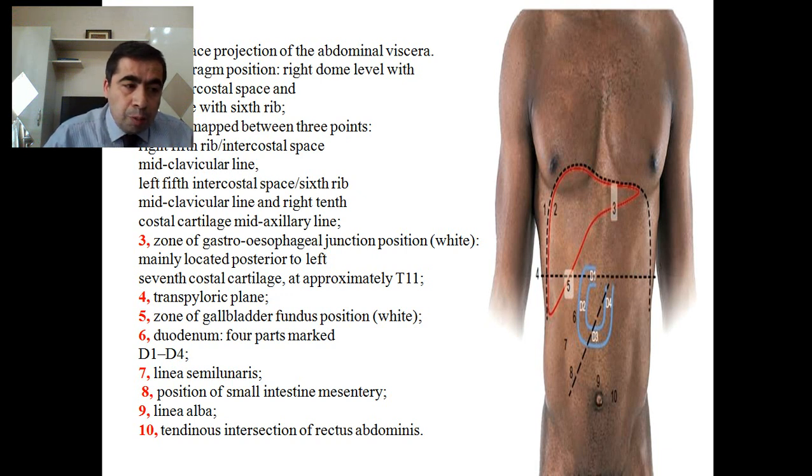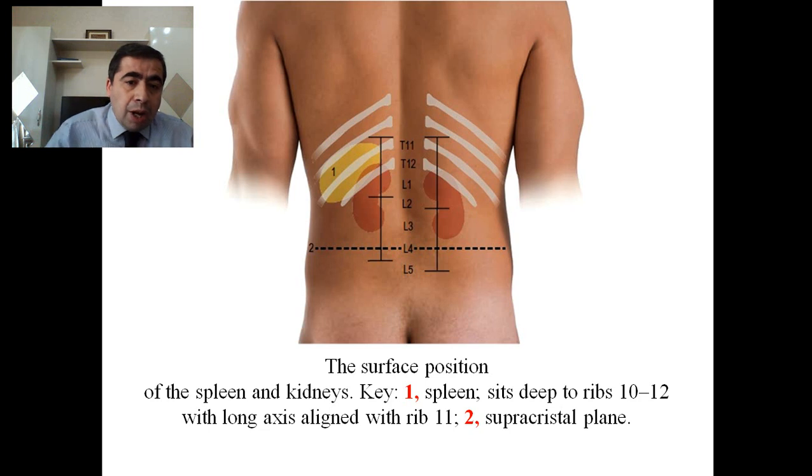The rectus abdominis is a long and flat muscle, and this muscle is divided by the tendinous intersections into maybe 3, maybe 4 tendinous intersections here. It depends on the person. And the posterior abdominal wall. Of course, we are interested here firstly in the position of the kidneys, and you are looking at the position of the spleen here,